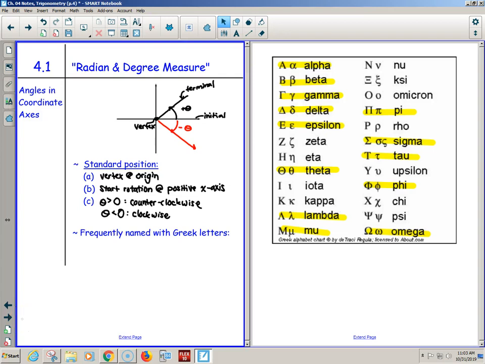Delta was the delta table, the change in the table. You guys have seen pi, obviously, 3.14159, et cetera. Is that a letter? Pi? He's right before, there we go. He's right after psi omicron.